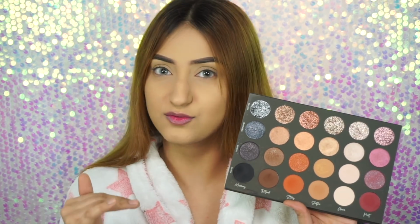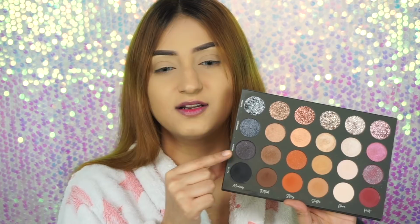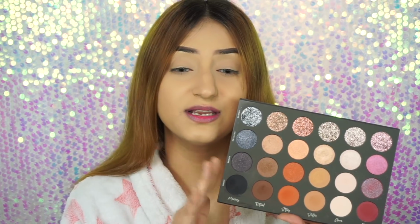My only thing about this palette is that the metallics are a toned down metallic. They're not like foiled eyeshadows. They're very good everyday metallics. And the sequin row, I feel like is very similar to the matte row, because once you blend these out, the shimmers in them kind of disappear. But to me, the mattes in this palette are so good that this palette is worth it. The mattes are beautiful, the metallics are beautiful, the pressed glitters are amazing, and I also really like this palette